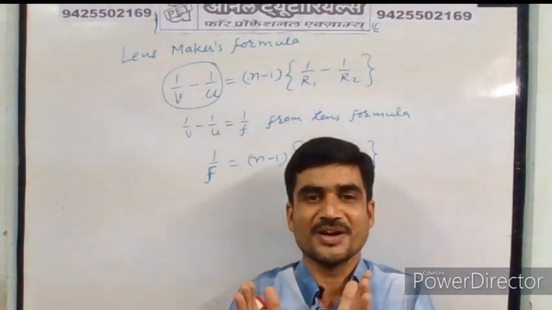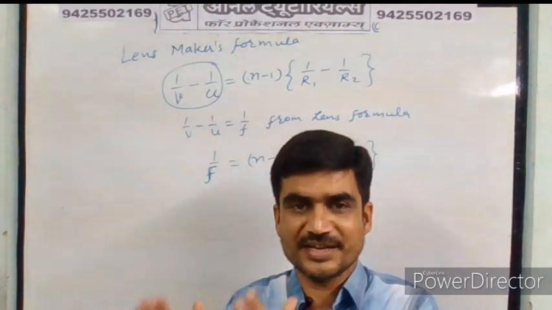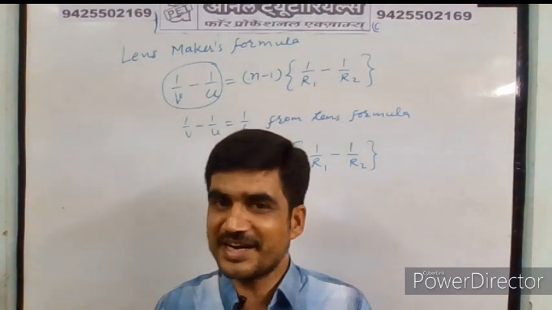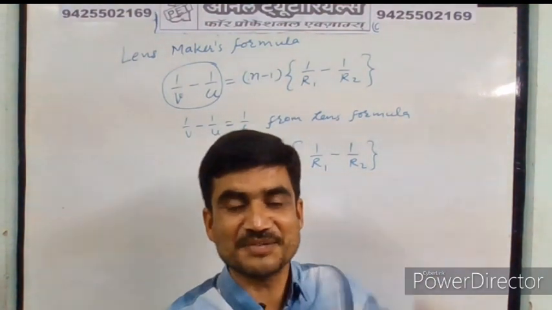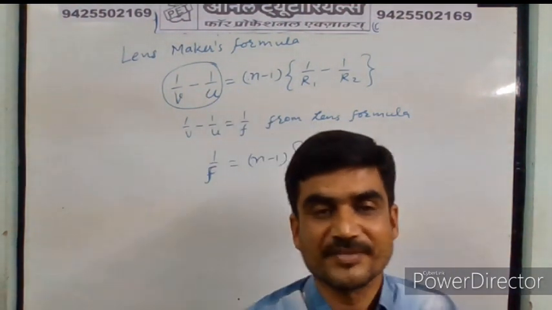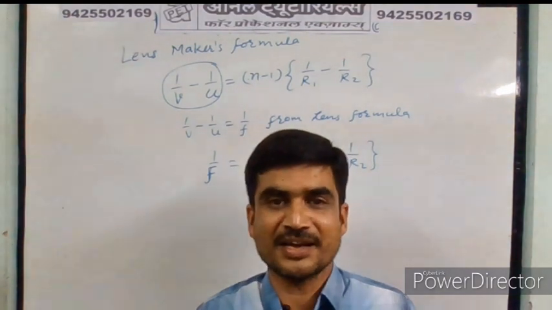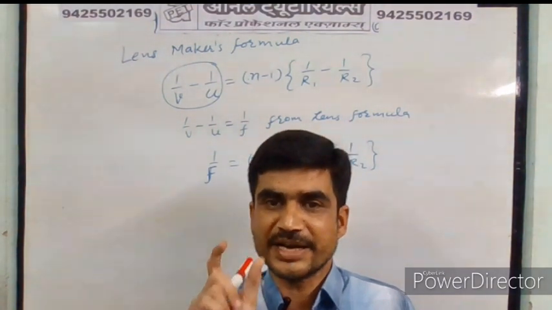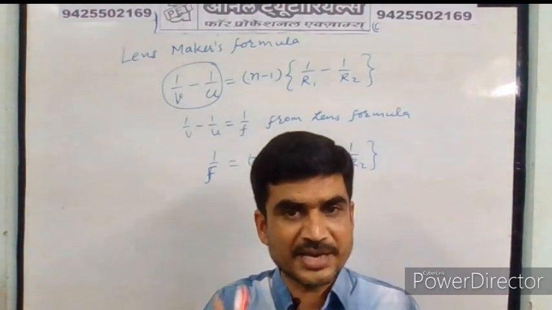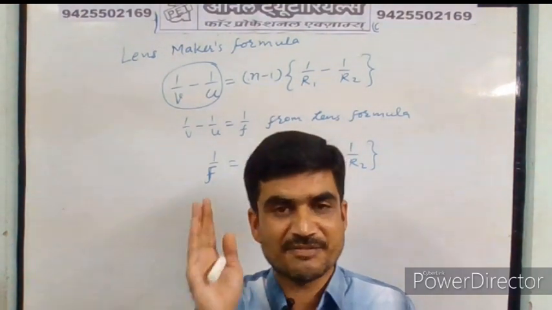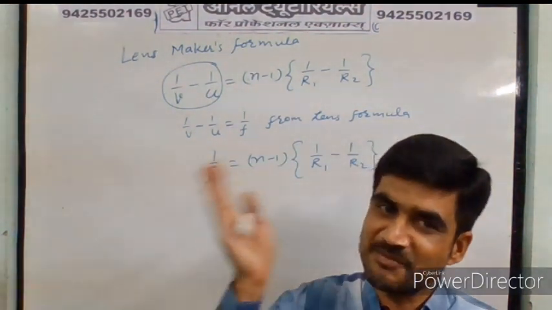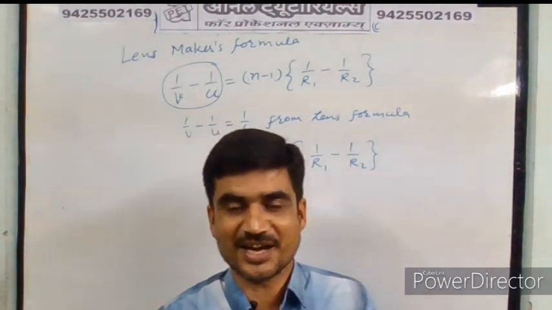Is it clear? So where lenses are manufactured, they are made by arranging the radii of curvature. That's why it is called the Lens-Maker's formula. Now today we will see what will be the change in f, or 1/f, when the radii are changed, meaning when we have a biconcave lens, a biconvex lens, a plano-convex lens, a plano-concave lens, a convexo-concave lens and a concavo-convex lens. How does it vary?